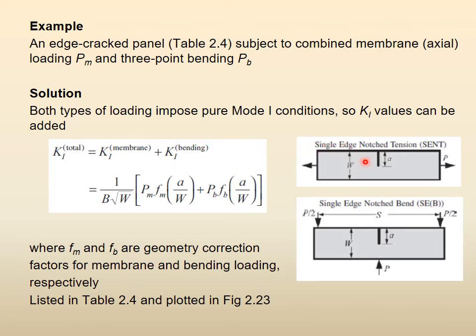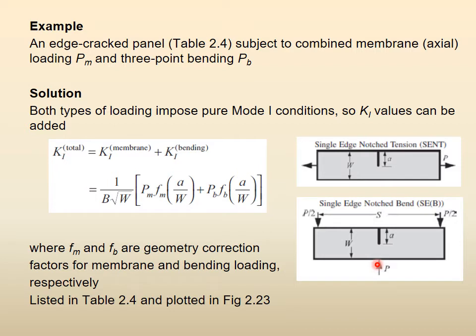Now here we are showing you the normal axial loading. And this is the same thing, single edge notched. That geometry has to be exactly the same. The width is W, the crack size is A, it is right in the center, it is the edge crack. So all that is there. But this is the same specimen under axial loading. This is the same specimen under 3-point bending loading, right? 1 point, 2 point, 3-point bending loading.